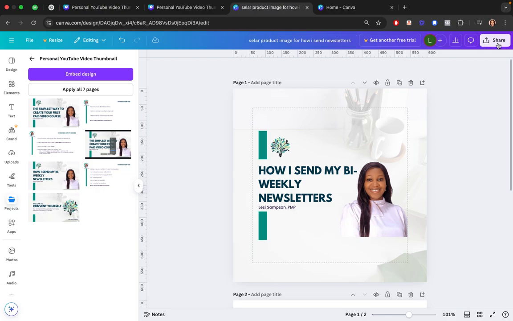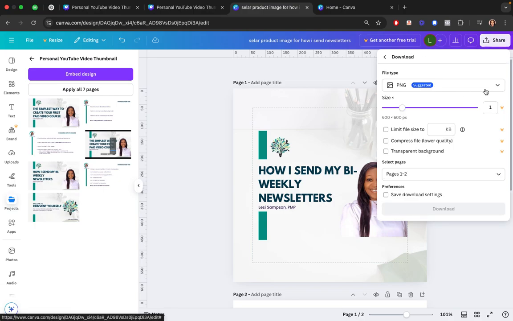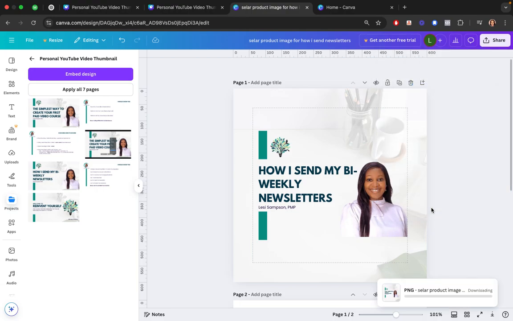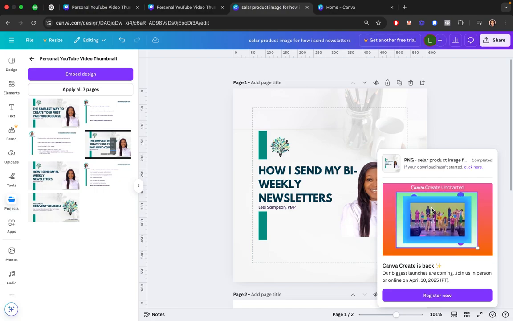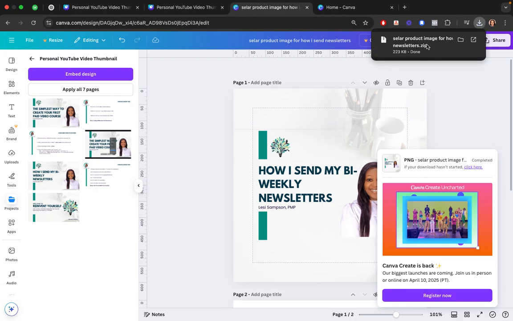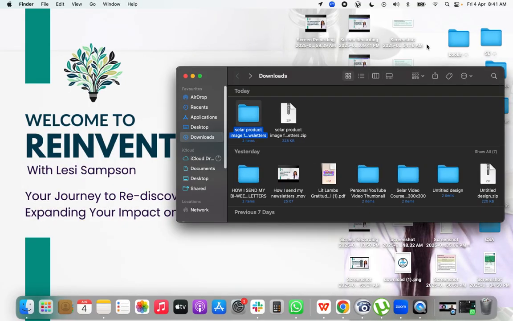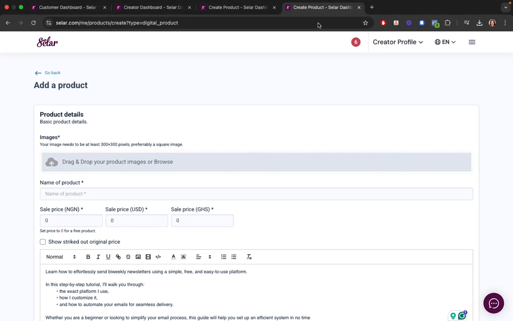Okay, so now I want to download this. Because there are two images, please download them as PNG, not PDF. Ensure that it's PNG. I'll download them. Because there are two images, it will be downloaded as a zipped folder. So you need to click on the zipped folder to unzip it. So now it's unzipping. Yeah, for MacBook it unzips automatically. I believe it does that for Windows as well. So it has unzipped. So I will just go back to my seller store,